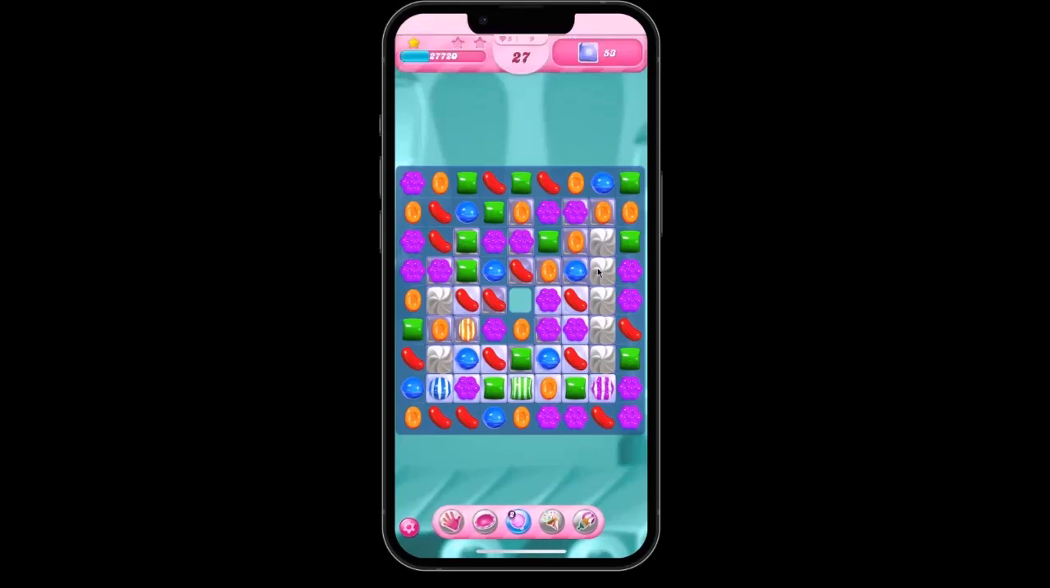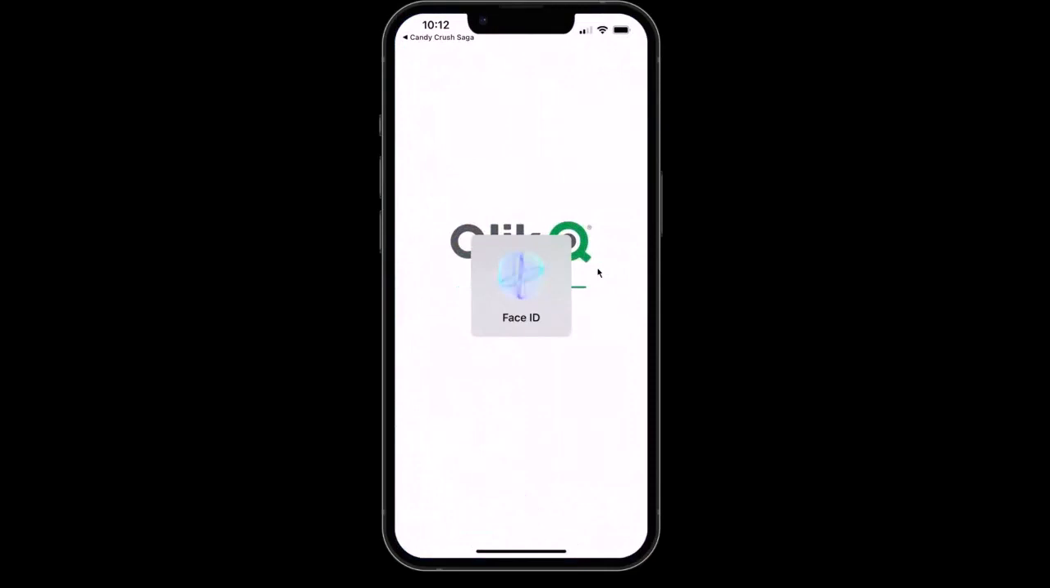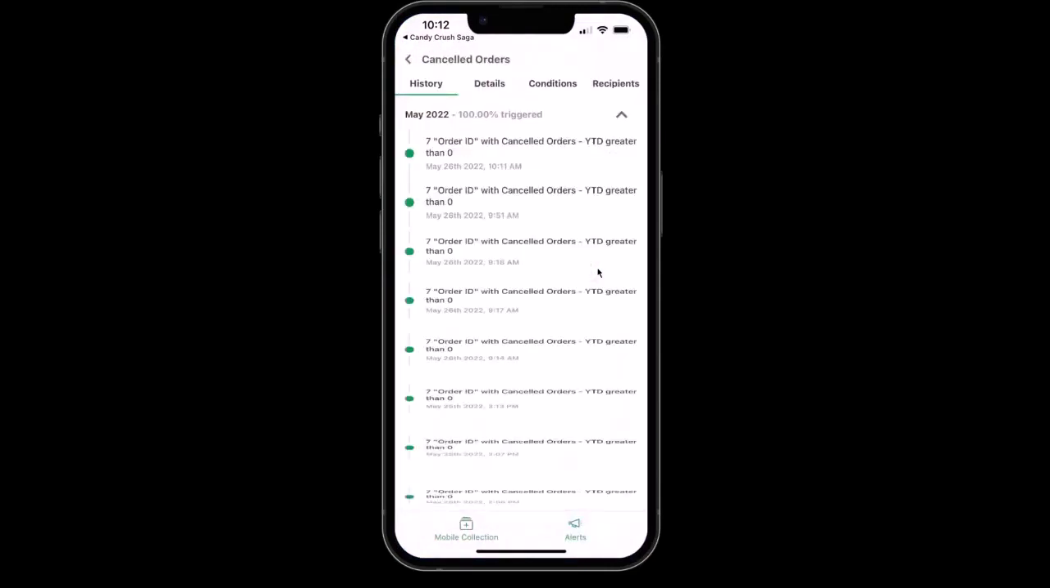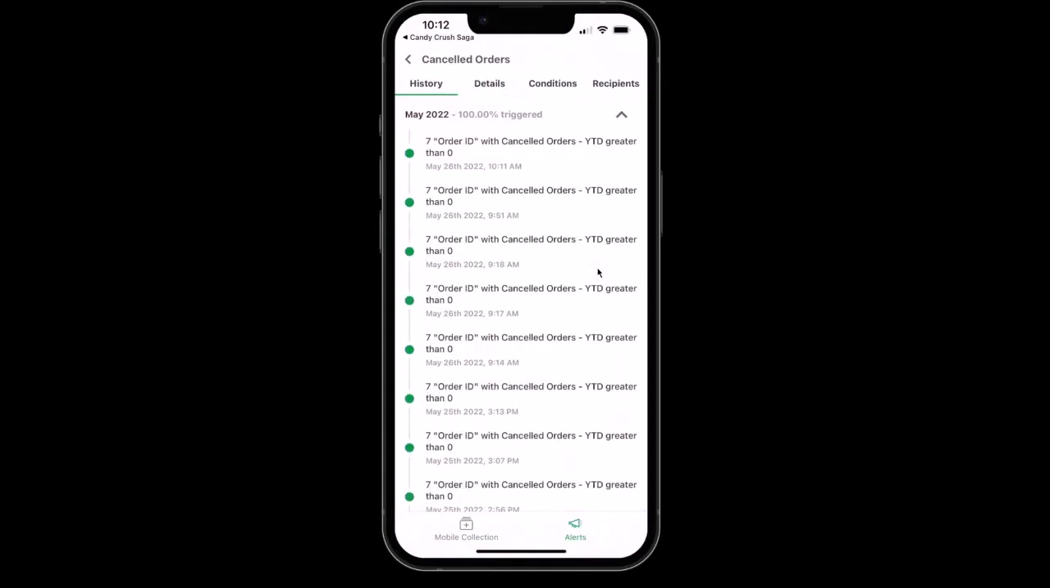Okay, this is getting even more concerning. And there have been 7 orders that have been canceled. All right, so I'm going to tap this alert, and this is going to bring me to Qlik Sense Mobile. So I thought I was going to start my day relaxing and not have to worry about anything, but Qlik Sense Mobile and Qlik Sense Alerting just alerted me to a number of